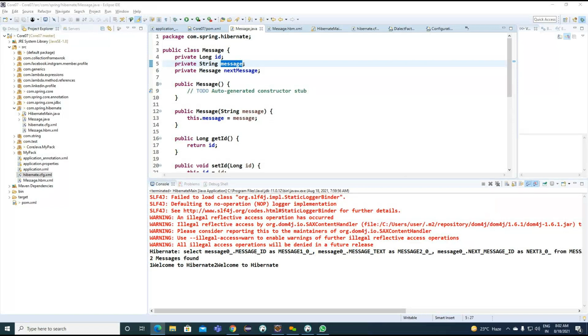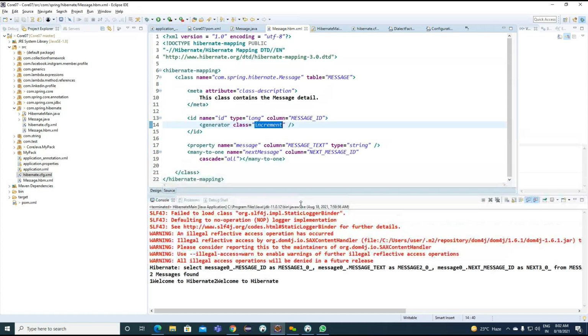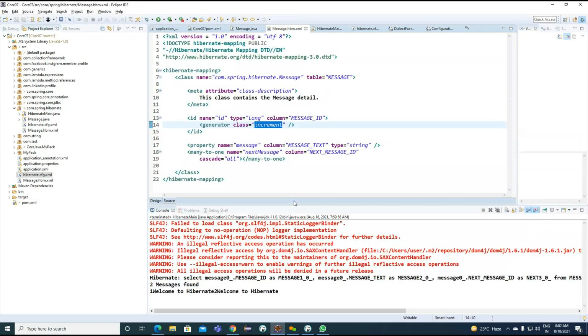Right. So this is all about the find method to load the object from the database here. So now you can see the mapping document here. First we'll try to understand the mapping document. What information did we provide inside this particular mapping document? Just a simple example, we insert the record and we load the data from the table